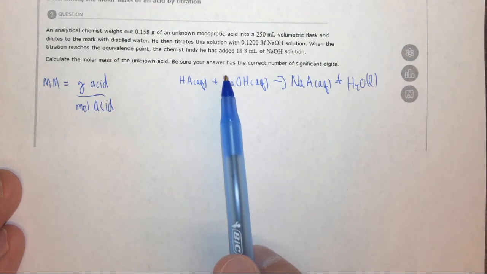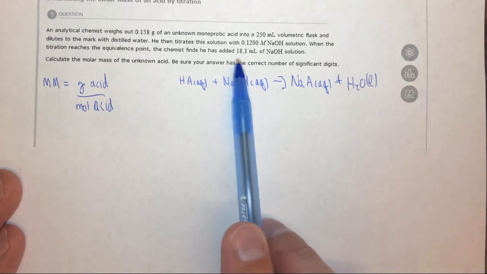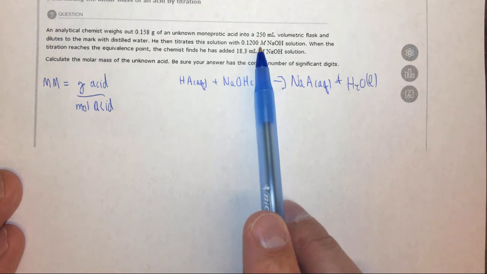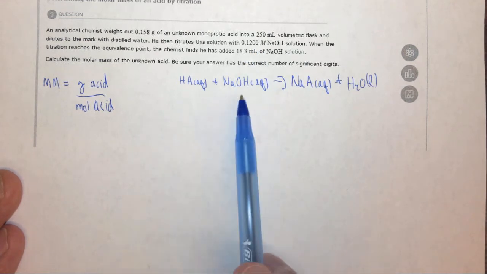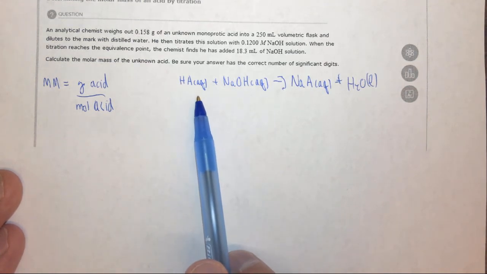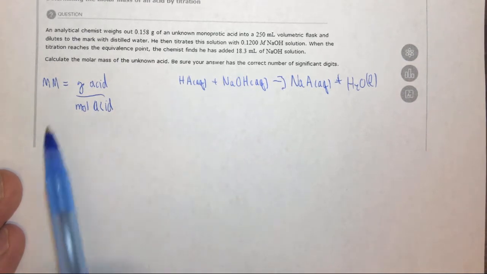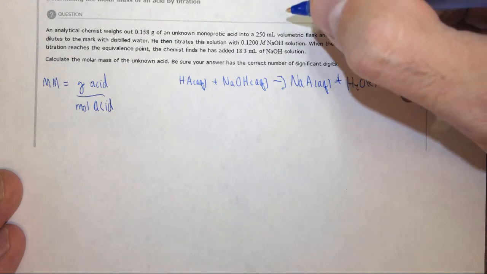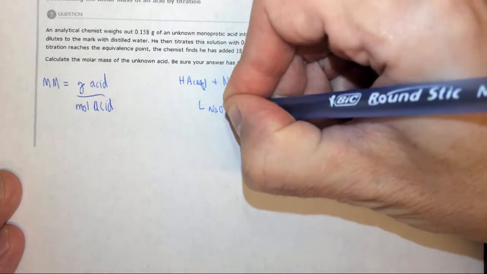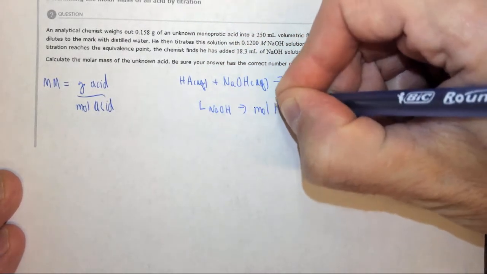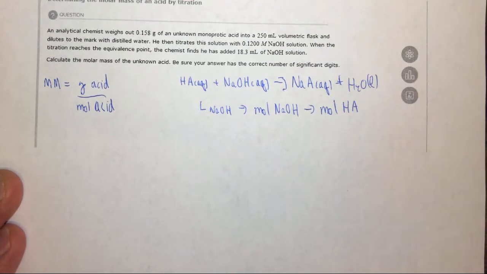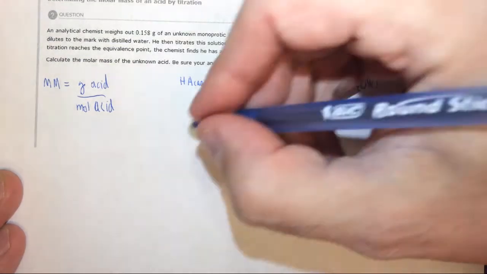Now we need to do stoichiometry. We know the volume of NaOH that we used. We also know the concentration of the NaOH, so we can find moles of NaOH. Because this is a titration, we know that when it reaches the equivalence point, the moles of NaOH and the moles of HA are equal, so we can use the stoichiometric coefficients to determine the moles of HA, which we can then plug into our molar mass formula. Let's see how we do that. So we need to start with liters of NaOH, convert that to moles of NaOH, and then finally to moles of HA, our acid. So we have to take this and divide by 1,000,